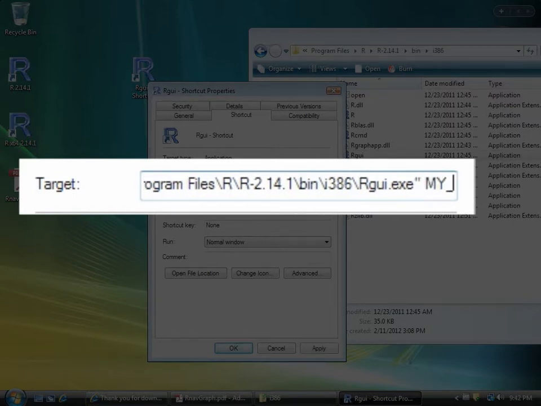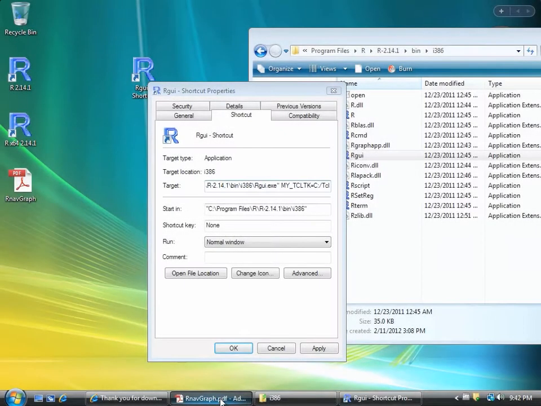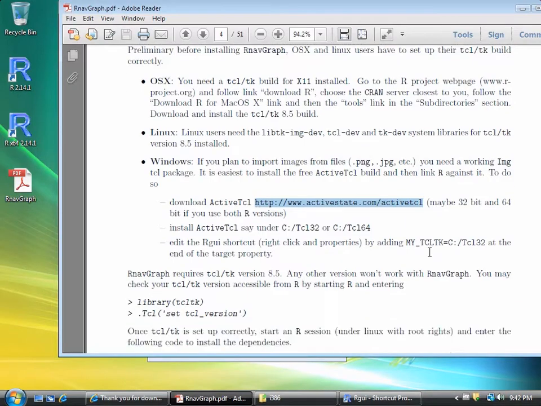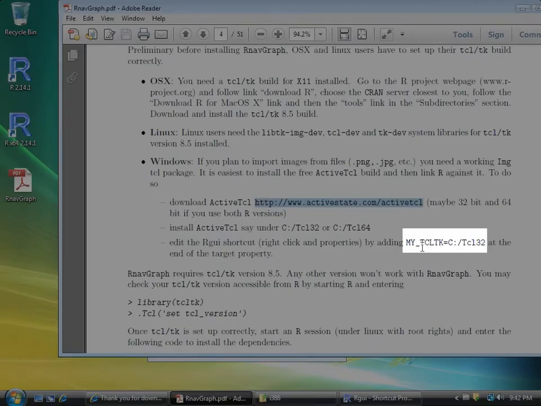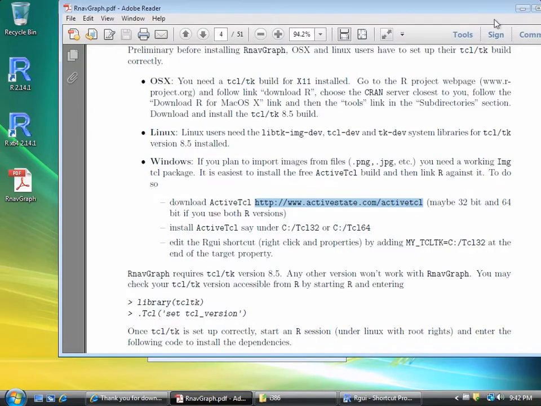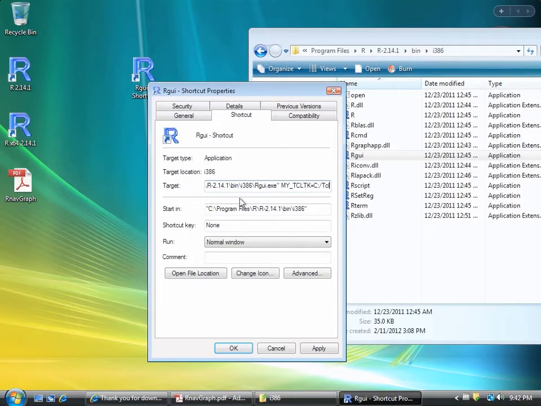my underscore TCLTK is equal to C:\TCL. Let me show you on the instructions. My underscore TCLTK is equal C:\TCL. Okay, so wherever you install TCL, make apply